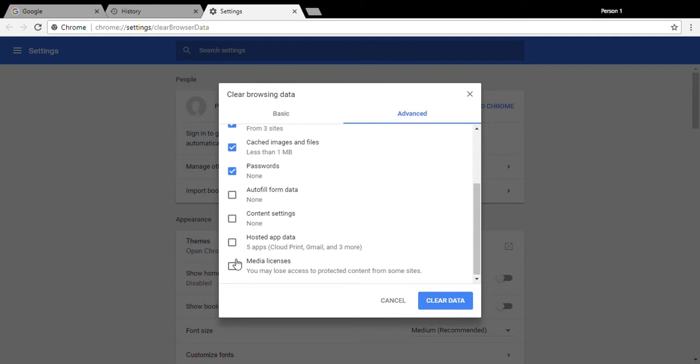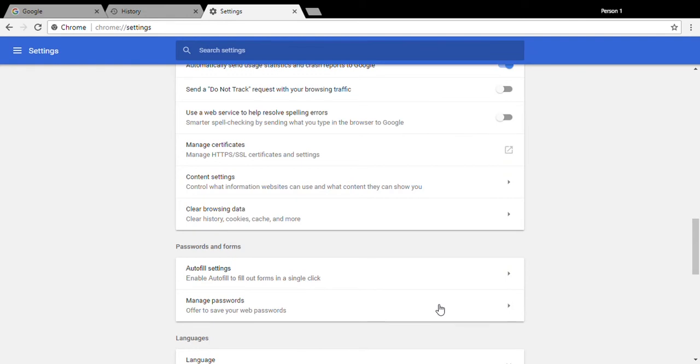There's definitely no need to clear everything, but we will go ahead and do so just for the sake of this tutorial. So click whichever items you wish to clear and then click Clear Data, and that's all it takes. Doing this will help your browser run faster and better, as well as give your PC some more storage. It's also always best to clear your history at least once a month to keep your PC at optimal level.